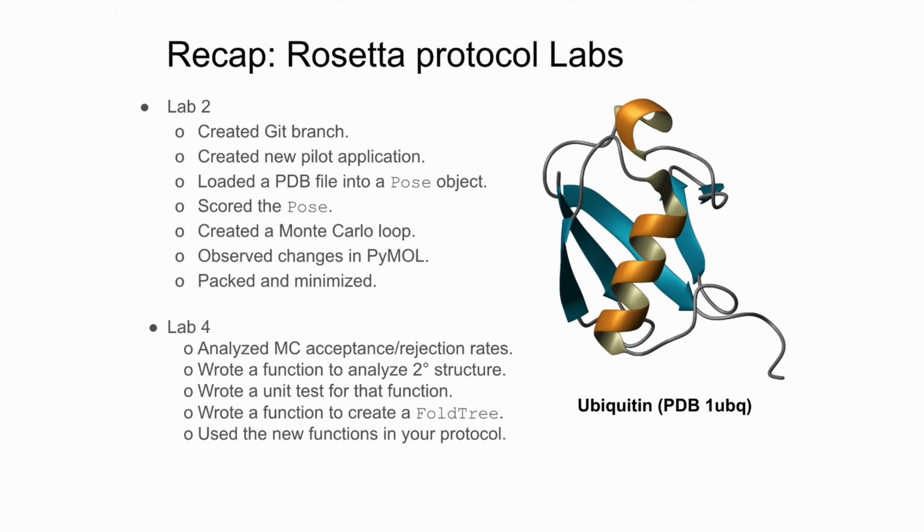So what have you guys done so far? So Lab 2, or at least in the even labs, Lab 2, you created a new Git branch, and you had your new pilot app that loads in a pose, scores the pose. You had a Monte Carlo loop. You could look at those in PyMol and do packing and minimization. So for Lab 4, you're analyzing those acceptance and rejection rates. You're looking at these structures. You wrote some unit tests, you created a fold tree,